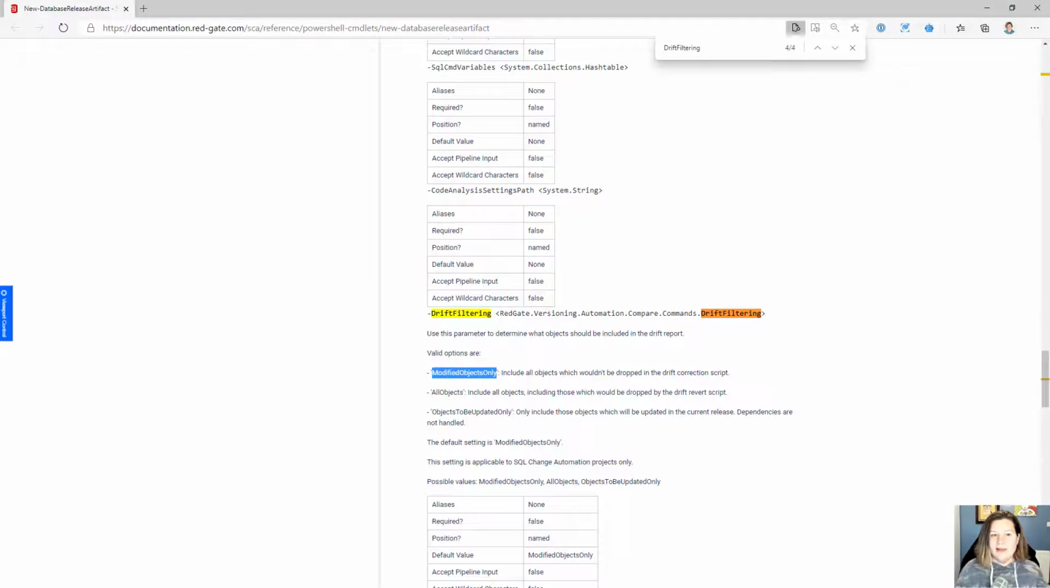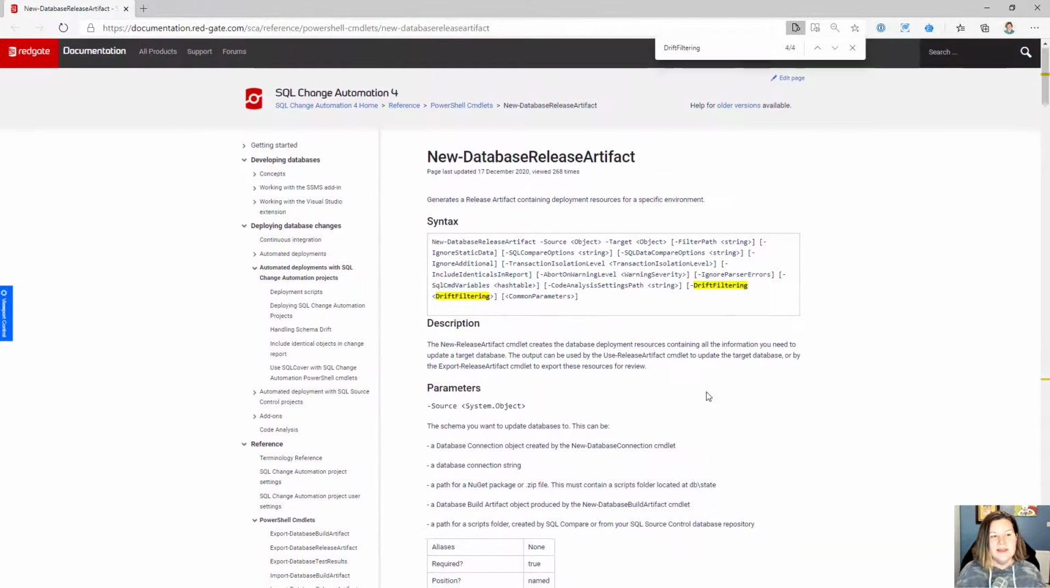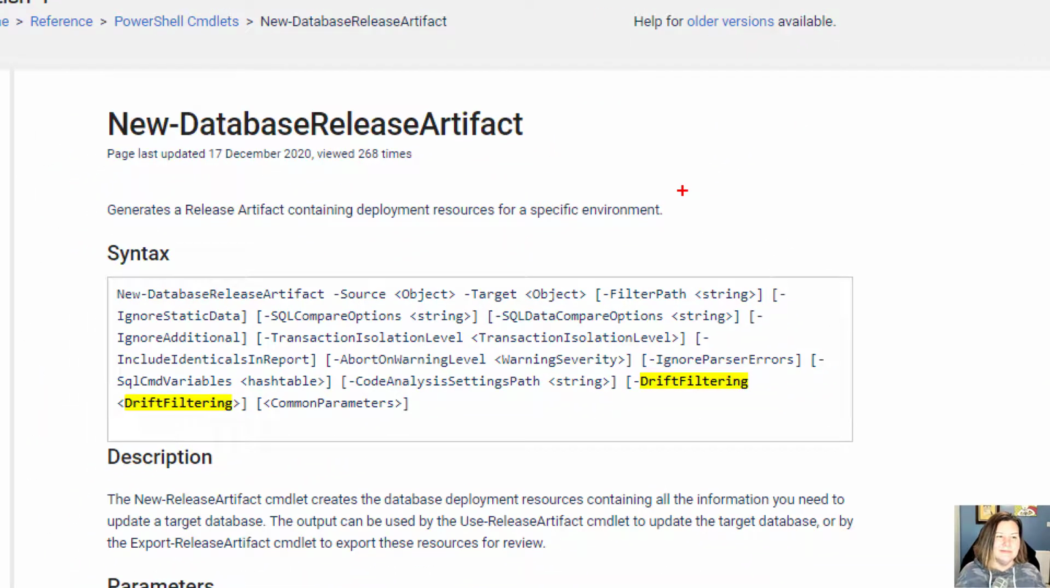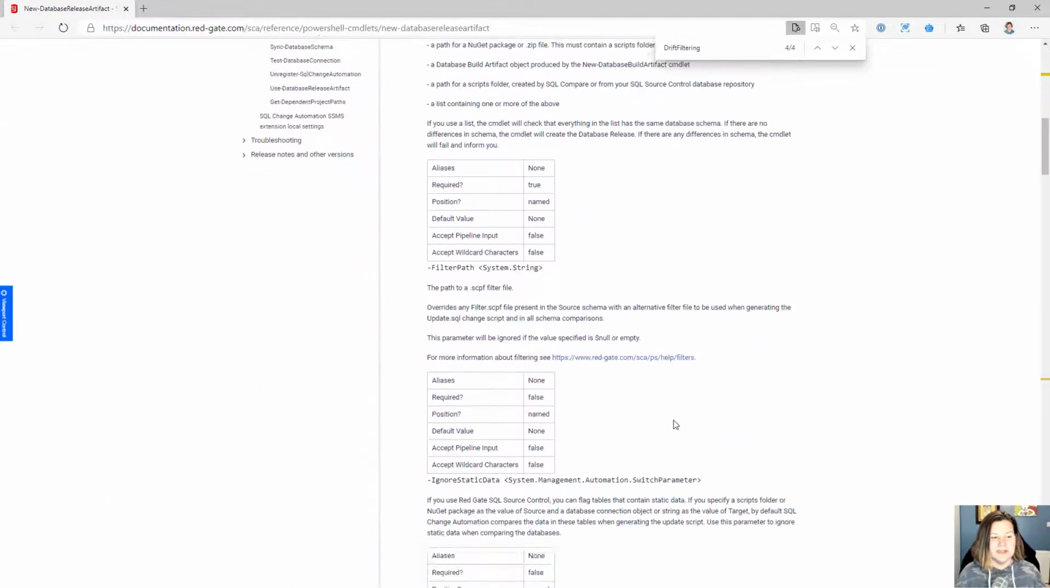So this isn't a real demo right away. I first wanted to just show you that the documentation is here to help. I actually think we have really great documentation at Redgate. This is the PowerShell commandlet documentation for New-DatabaseReleaseArtifact, and you can see here is the drift filtering object here, and